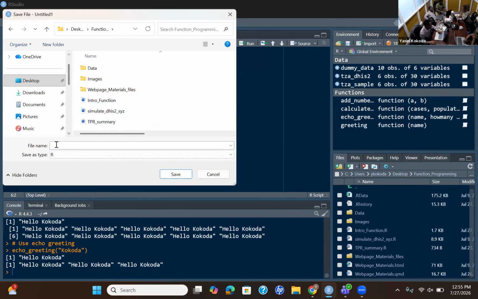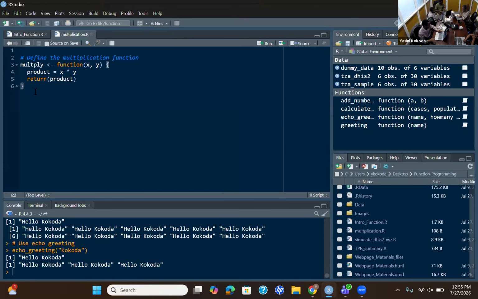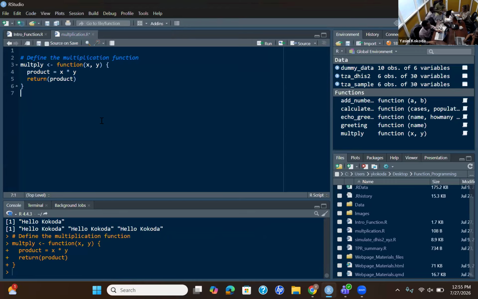Save it here along with the other script. Let's say I will call it multiplication function R script.